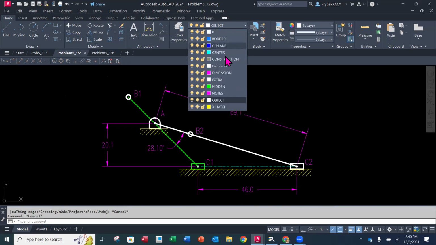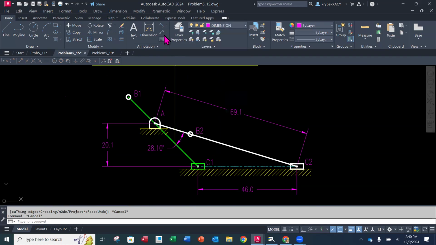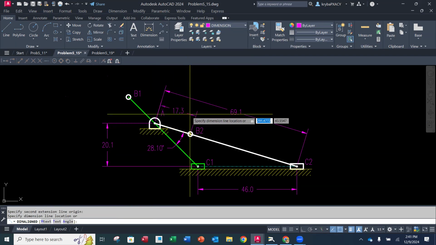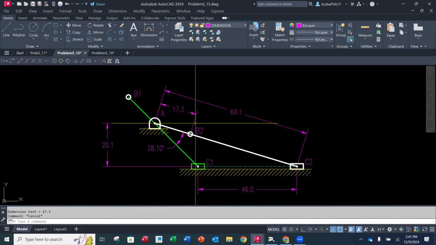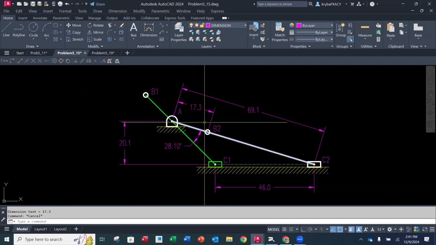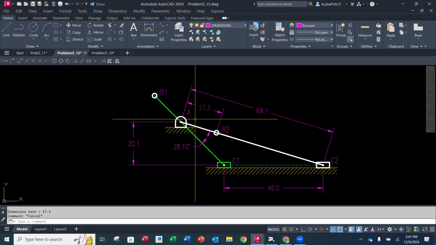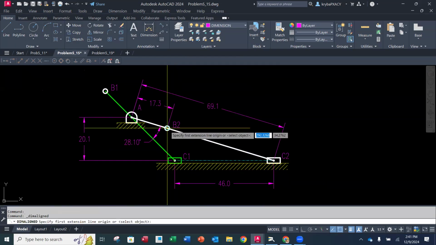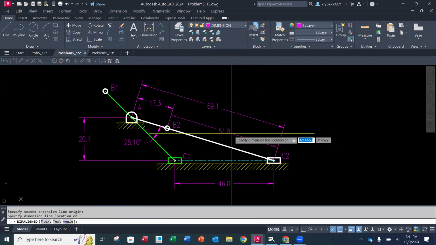Now, as far as dimensions, I'm going to grab my dimension here. This is going to be an aligned dimension from the center of A to the center of B here. That's the 17.3, and that's the length of L2, right? I have it rounded, so 17.275 like we put in. And then the length of L3 is going to be the length right here, of link number 3. So I'm going to do another aligned dimension. And that should be, and it will be,